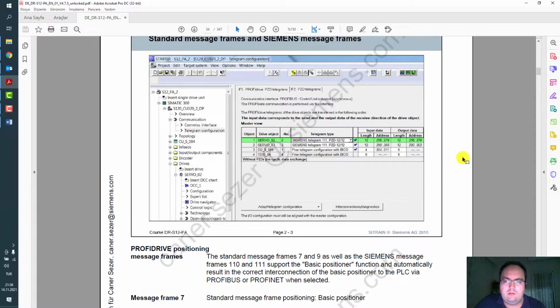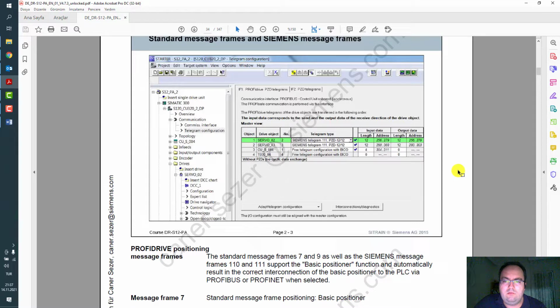Next, you can move up, for instance, the control unit one step up to the first place. There is a terminal board TB30, and it's set to free Telegram configuration without input and output data. Length is 0.